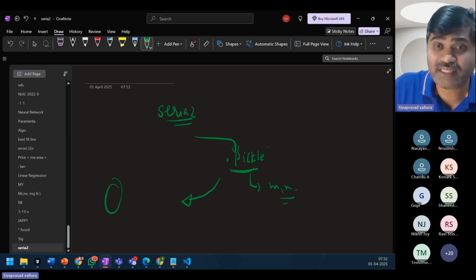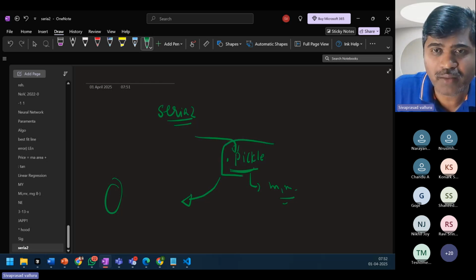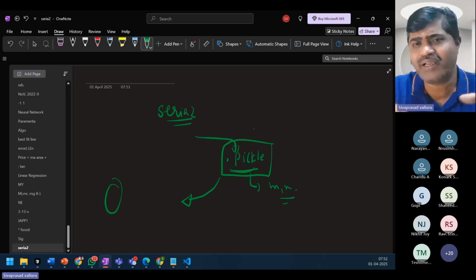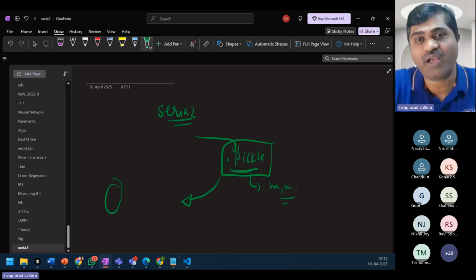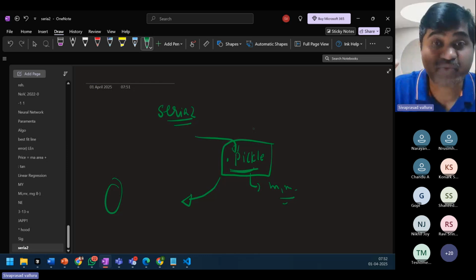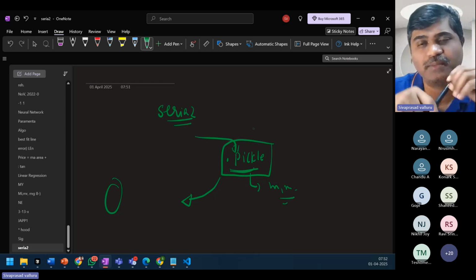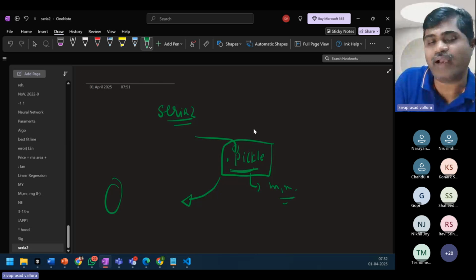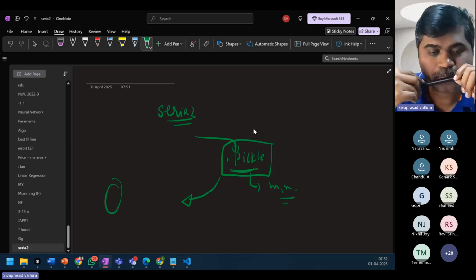Again, this .pickle is just one format. It depends how you write, it is up to you. Right now, we are not discussing how to write it and how to read it again. That becomes very big, and that is not our concern. Just understand we'll save it to a file and read it.